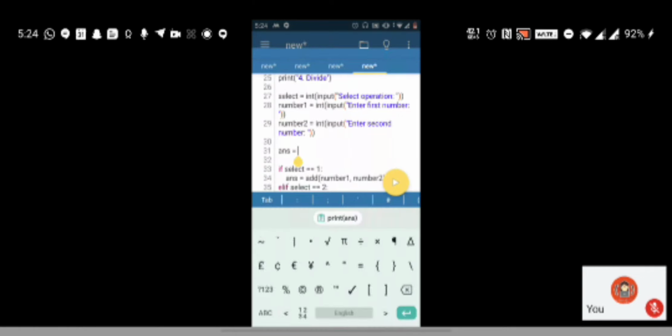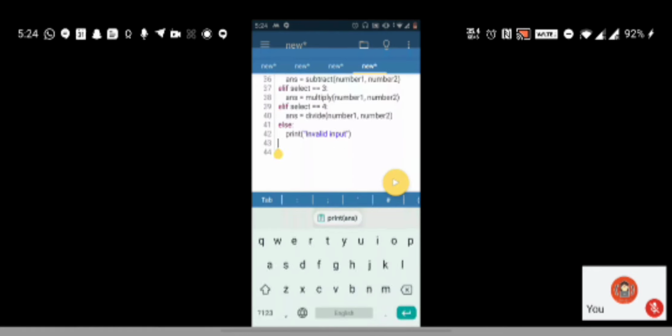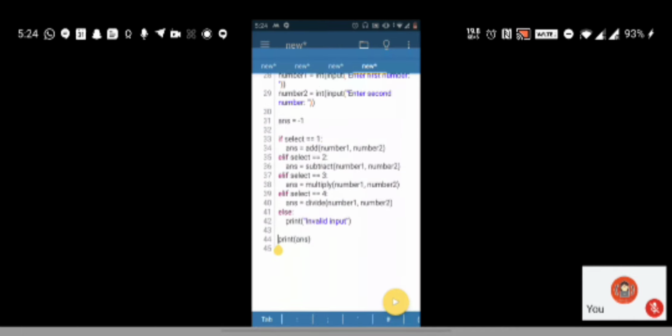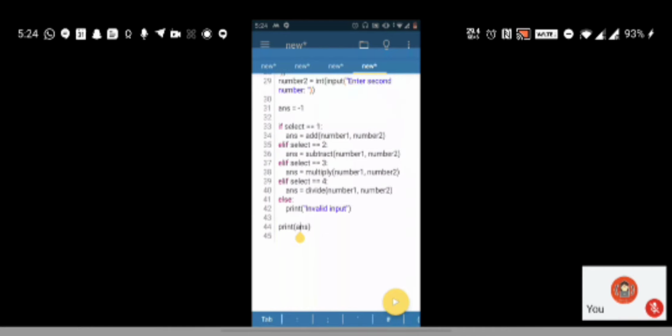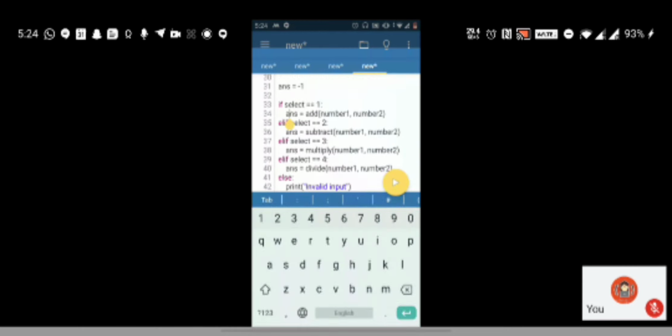I'll just say -1 to begin with instead of 0, and then I'll print ans here. If ans is -1, that is an invalid input. So first the if else construct will be executed. In case it's an invalid input, this -1 will get printed instead of the actual answer. Otherwise, whatever is returned by the functions, either add, subtract, multiply, or divide, that will get printed here.